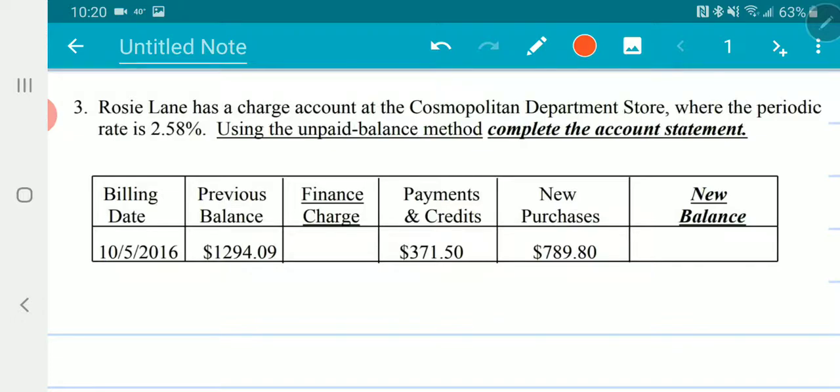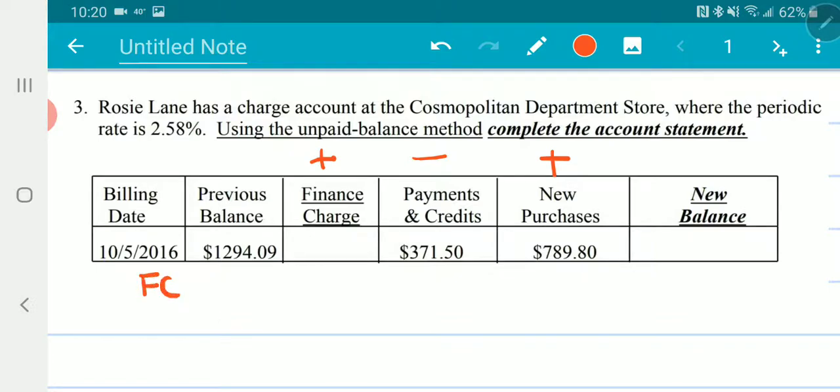Okay, so to start, we need to find our finance charge before we can figure out my new balance. Knowing that a finance charge is going to increase the balance of my account, a payment and credit is going to decrease the balance of my account, because if I'm paying something off, I owe less money. And making a new purchase is going to cause my credit card statement to go up. I owe more money when I make a new purchase. So to find that finance charge,